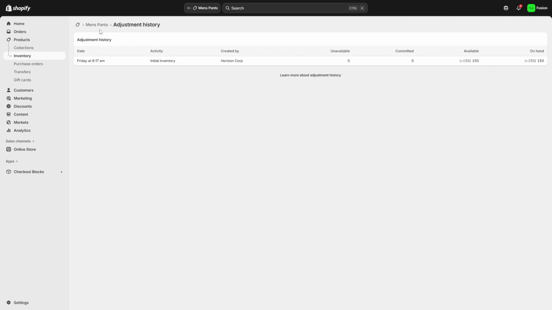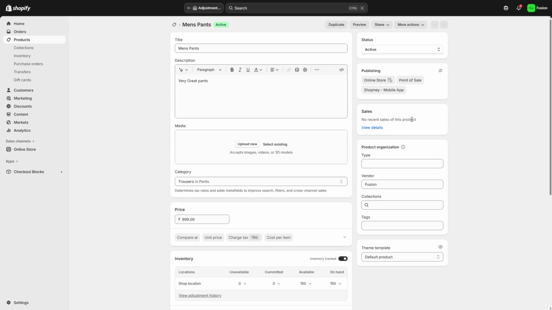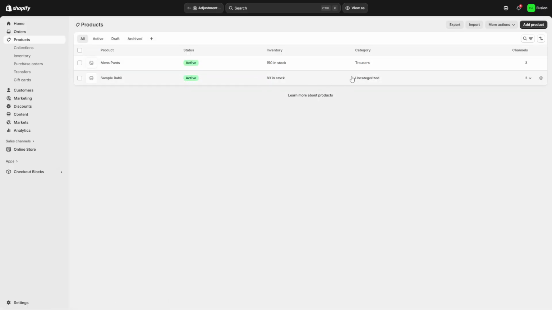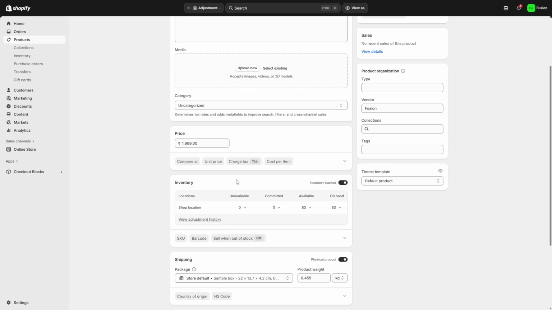Furthermore, by installing Shopify Flow, you can create automated workflows, like receiving notifications when your stock is low. For additional advanced features like forecasting and syncing across various channels, explore the inventory management apps in the Shopify App Store. Lastly, to prevent overselling, it can be beneficial to conduct physical stock counts at regular intervals. This helps to ensure your on-hand inventory matches your records in Shopify, thus preventing any discrepancies between your virtual and